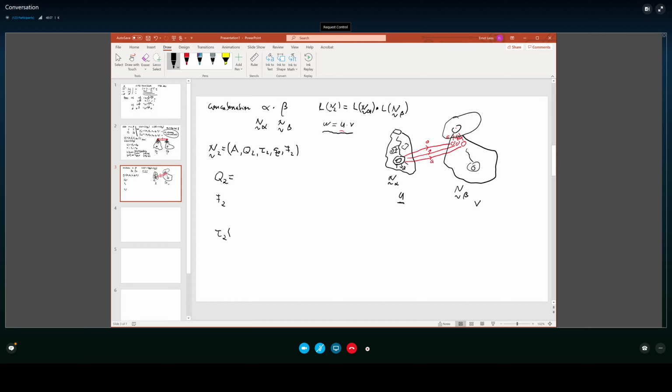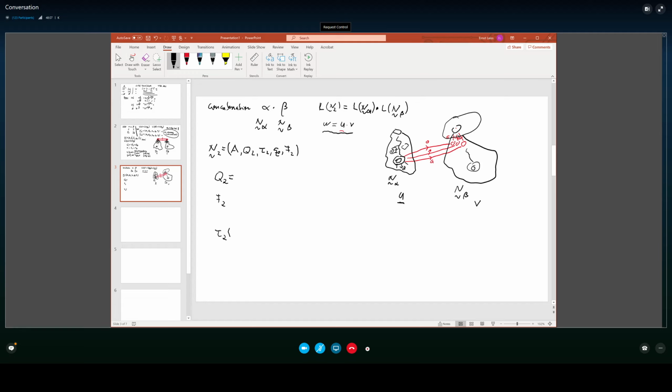And now we also want to add the functionality of the initial state of the second automaton. So we do union tau sub beta, that's the transition function of the second automaton, of Q sub 0 and